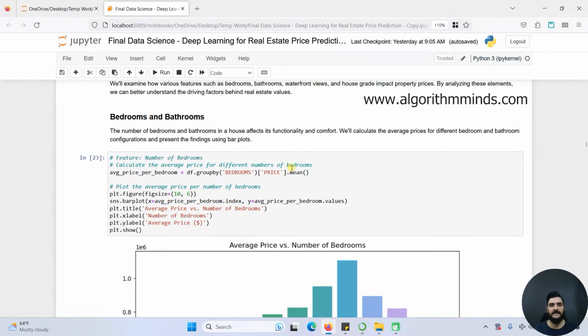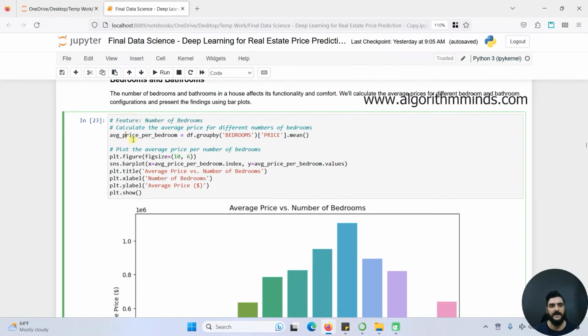The first thing we will analyze is the number of bathrooms and bedrooms. The number of bathrooms and bedrooms in a house affects its functionality and comfort. We will calculate the average prices of different bedroom and bathroom configurations and present that finding using a bar chart. And how do we do that? We will first assign a variable, average price per bedroom, and then calculate the average price of each bedroom count by grouping using groupby. We'll group the values of prices